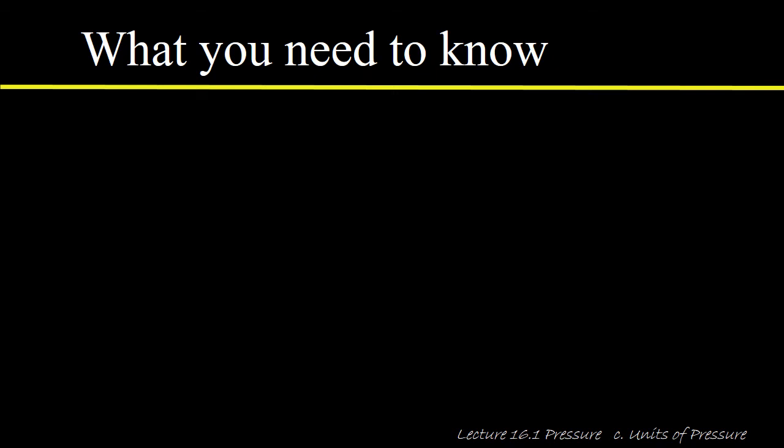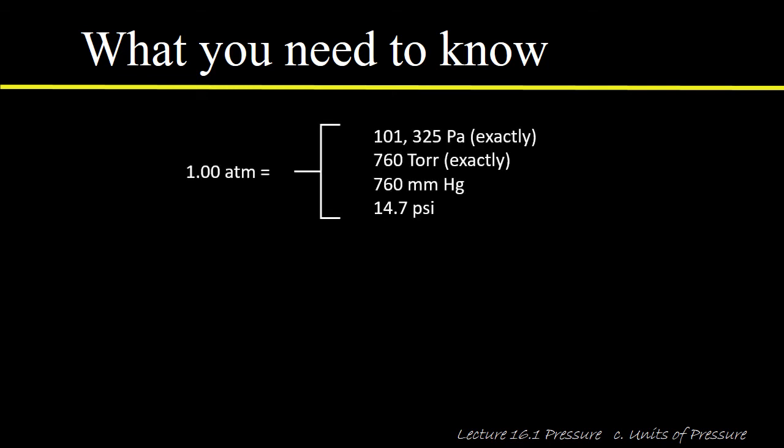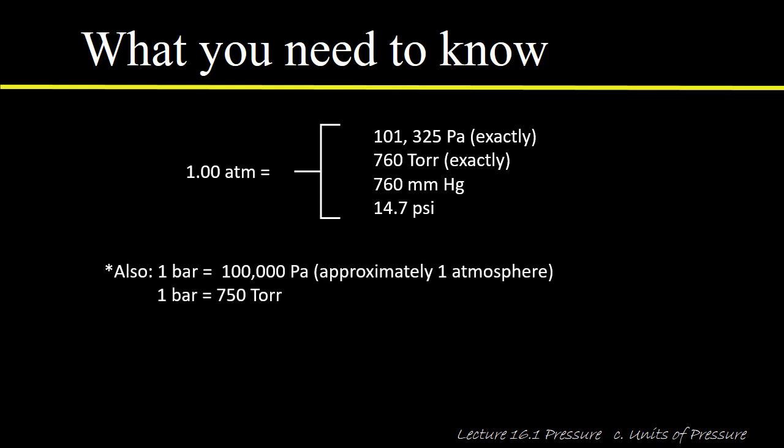All right, so we've looked at a whole bunch of things so far. It boils down to what people typically ask: what is it that you need to know? So let's take a look at that. The most common unit that we're going to be using are atmospheres. So I tried to put together a little table and relate everything to atmospheres here. You ought to know all of these things, how each of these different units relate to atmospheres. Particularly, the most important ones that you'll see most often in chemistry are these here: torr and millimeters of